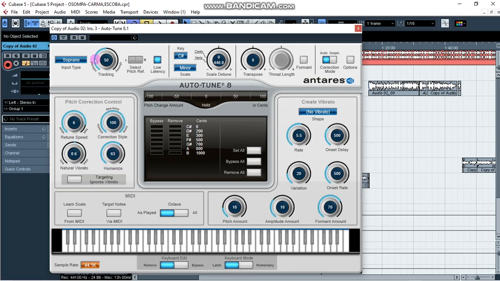So this is the vocal effect alone, nothing from the auto tune. So let's push it about